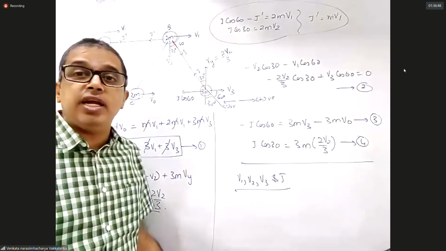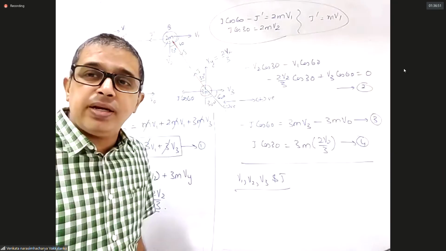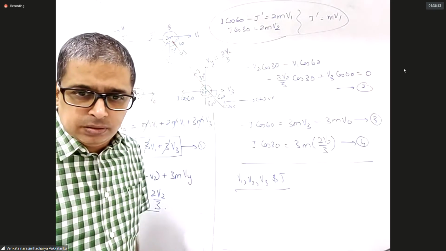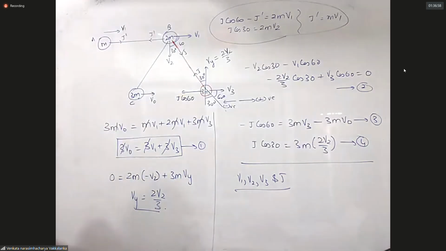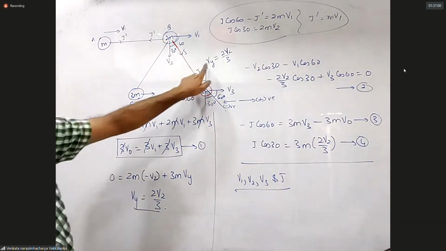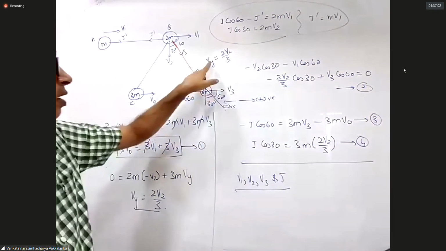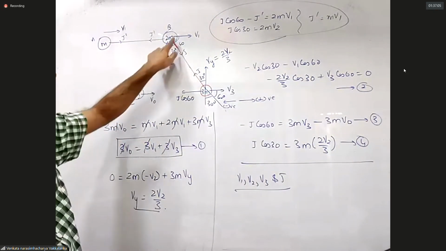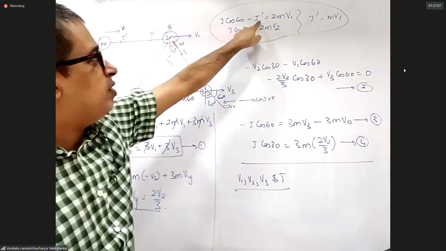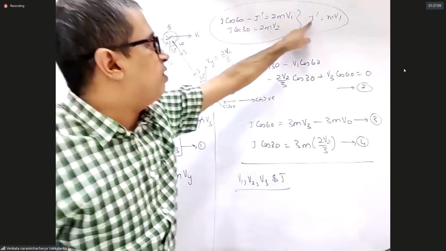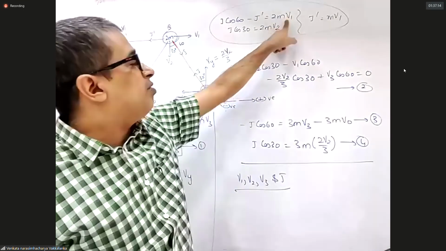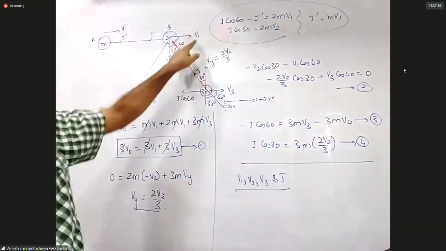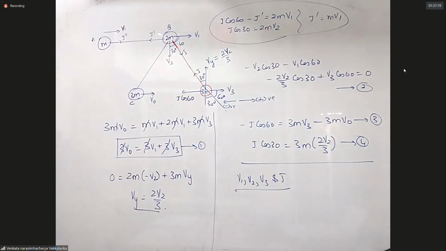If he asks what J dash is, is that part of the board visible? Yes, sir. If somebody is keen on calculating V2, or the resultant of V2 and V1, get V1 from this. How will you get V1? J dash is m V1, so substitute the J dash here. I will get V1. Once I get V1, I know the resultant velocity can be calculated for 2m. Yes, sir.